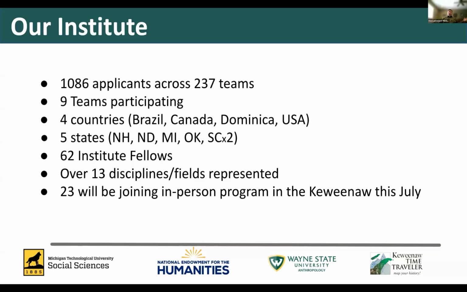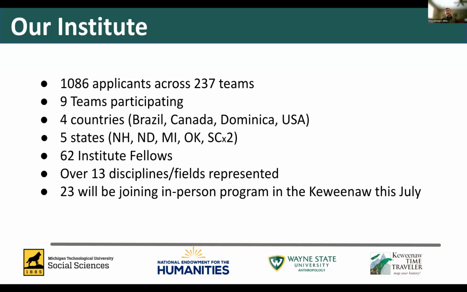And all together, there's 62 of you. Okay, so there's 62 Institute fellows who are participating in the Institute. We're trying to keep track of disciplines and fields, but as you probably have gathered looking at us, we're very interdisciplinary type of scholars ourselves, and so are so many of you, with so many different kinds of backgrounds. So it's at least 13 disciplines and fields. We know it's more than that because